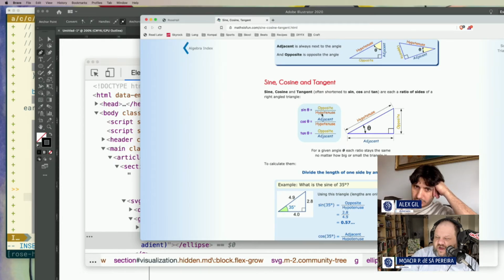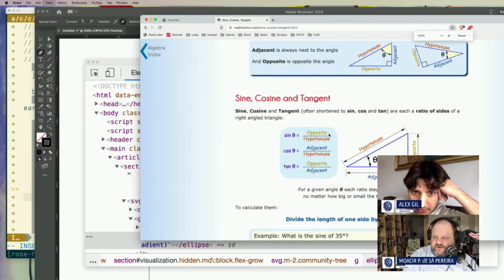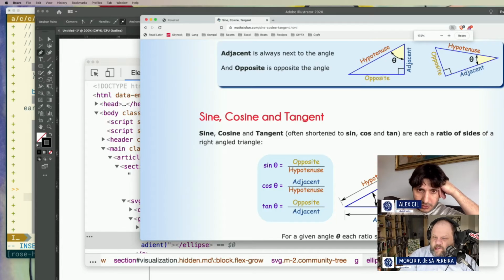Sine theta. So we have to do two calculations, because in sine theta equals opposite over hypotenuse, we know theta and we know the hypotenuse. So we use that to calculate the opposite, just multiply the sine and the hypotenuse, and we'll get the other one. Or we can just take the cosine.